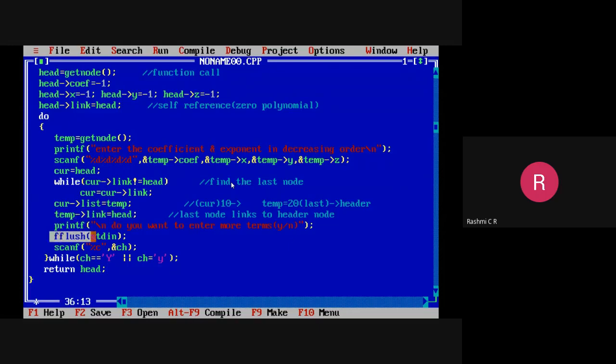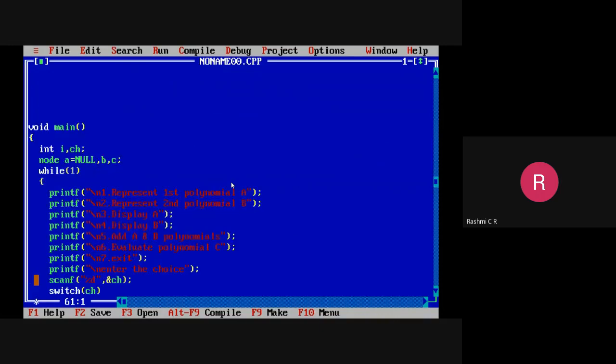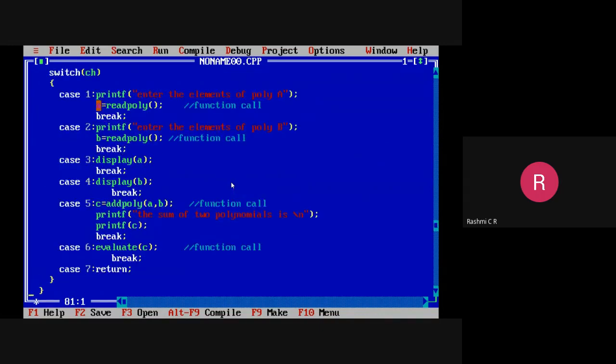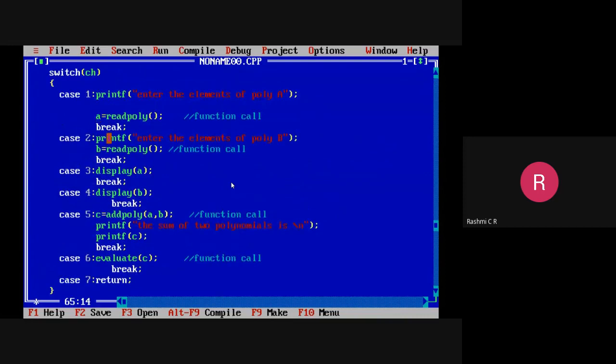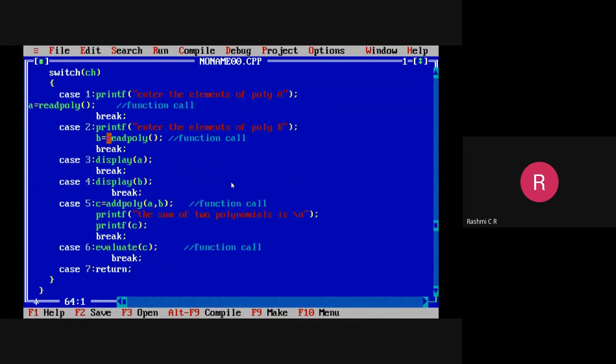Afterwards, if you wish to continue, you can specify yes via the scanf statement, fetch the value. If it is yes, the while loop gets repeated. Otherwise, we are going to come out of that program by returning the address of the header node. Okay, so this is the function for reading the polynomial. So maybe when you go with case 1 we have the read function, and case 2 also we have the read